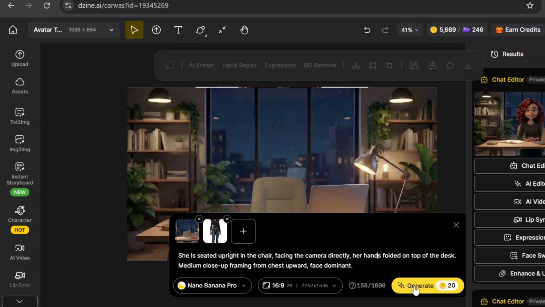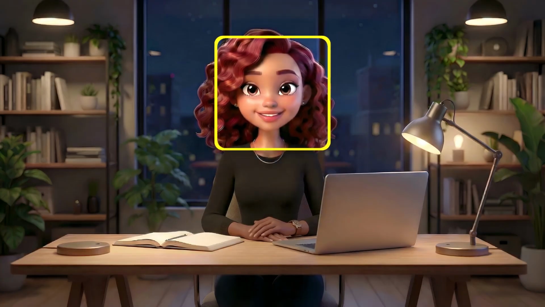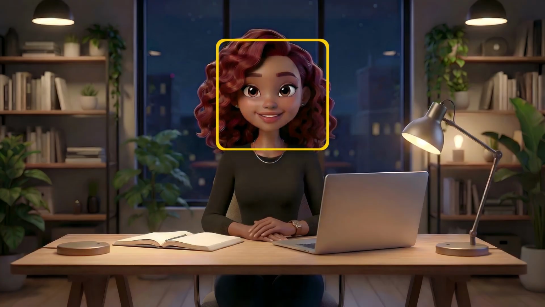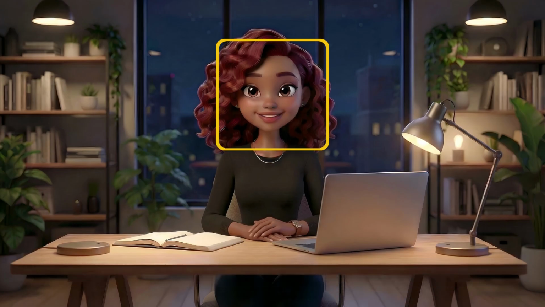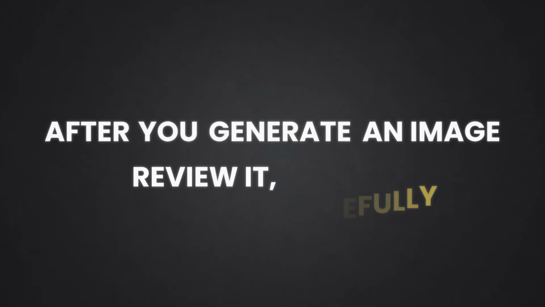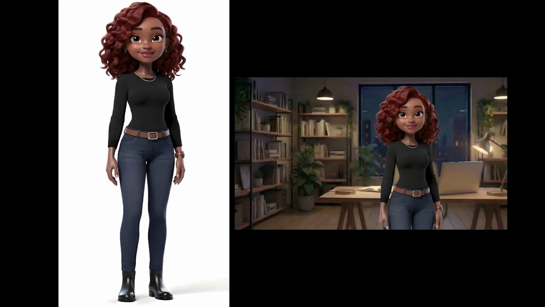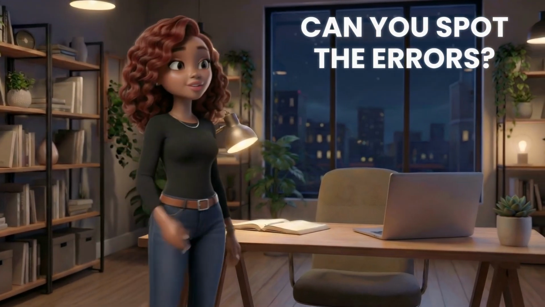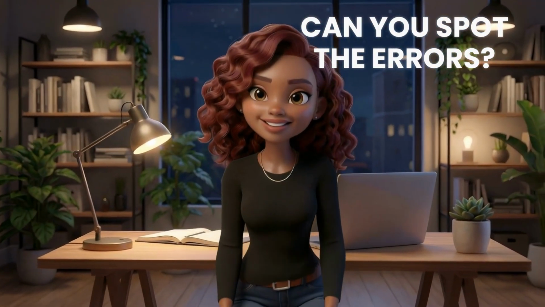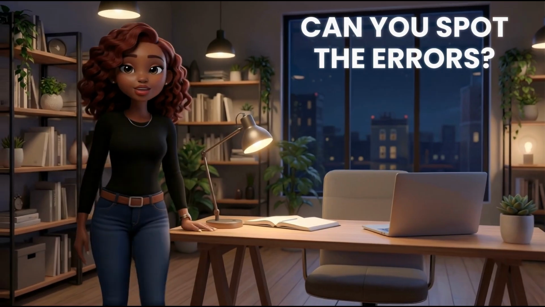a medium close-up shot. One important thing to note here, your avatar's face needs to be clear, recognizable, and easy to detect. Otherwise, you may run into issues later when using the lip sync tool. After you generate an image, review it carefully. This is where you want to check, recheck, and triple check consistency, like your avatar's proportions, height, accessories, and any objects in the scene. Small differences might seem minor now, but they can create noticeable issues once you start generating